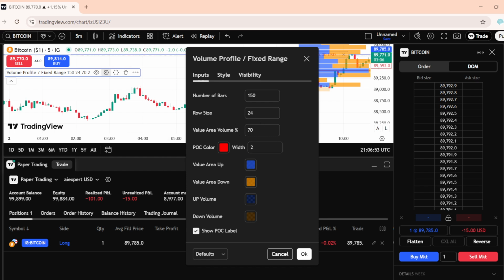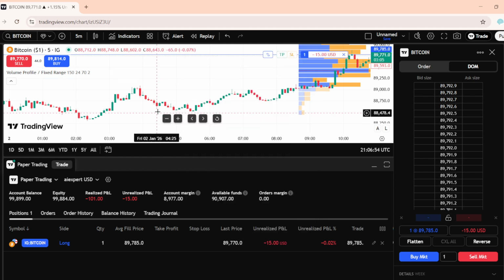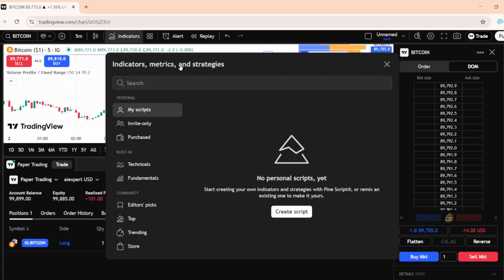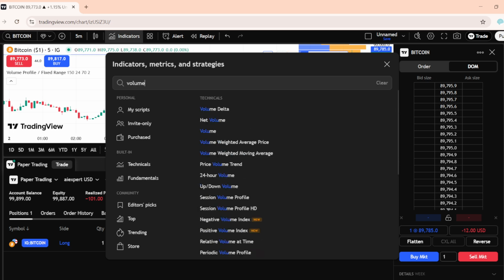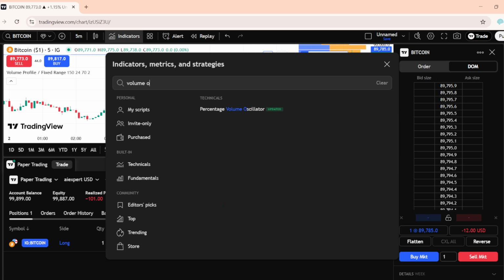Now let's set up the second method, visible range or session volume. Click Indicators again on the top toolbar. Search for Volume Profile. This time, select Volume Profile, Visible Range or Volume Profile, Session Volume. The indicator will automatically apply to the current visible chart area or to each session, depending on which